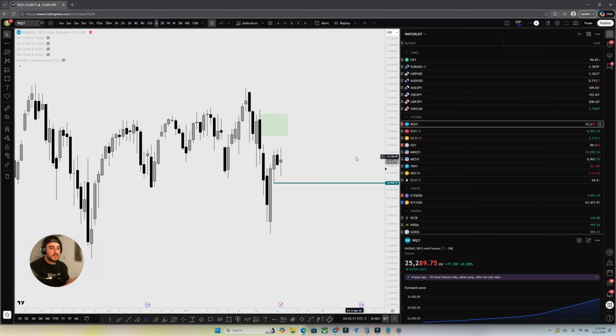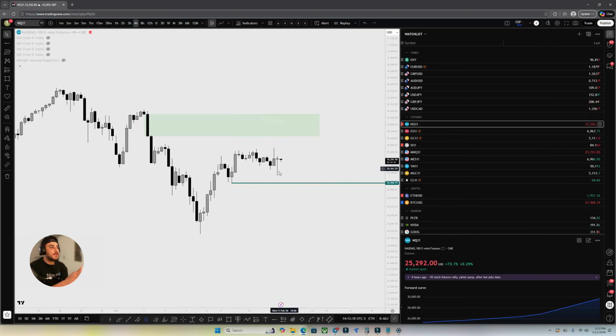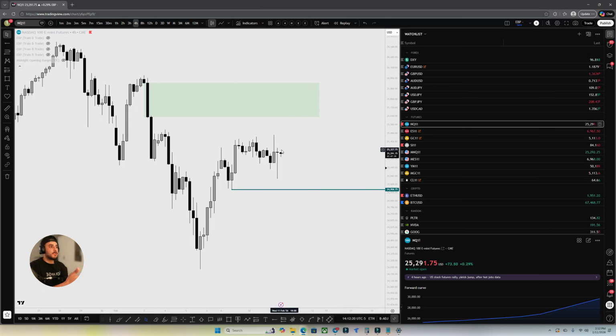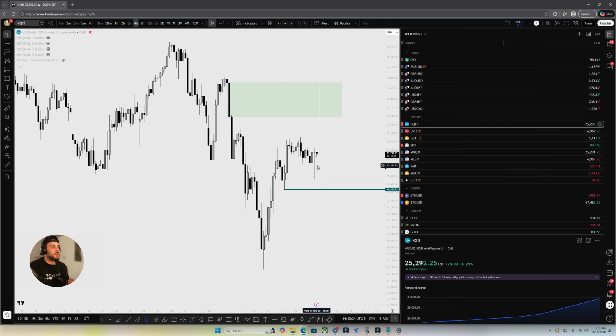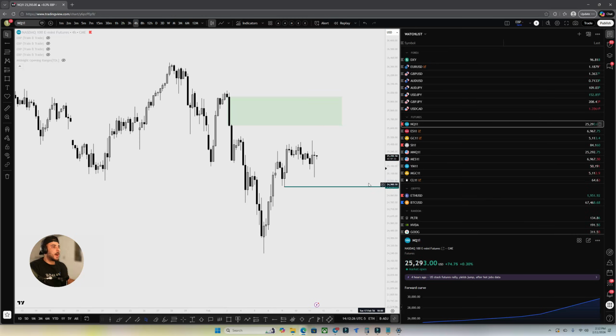So in situations like this, you just wait for daily candle closures, you wait for more price action, and you just try not to rush it, because in this moment, someone out there, I guarantee you, just blew a bunch of accounts trying to go back and forth. And again, it's happened to me so many times in the past as well.